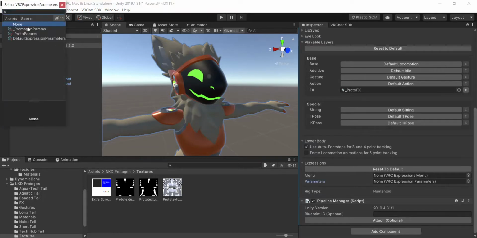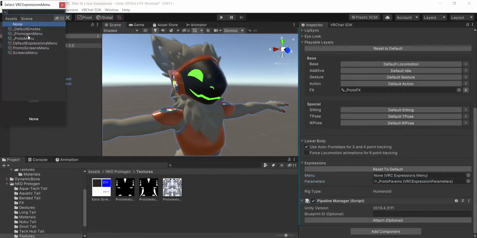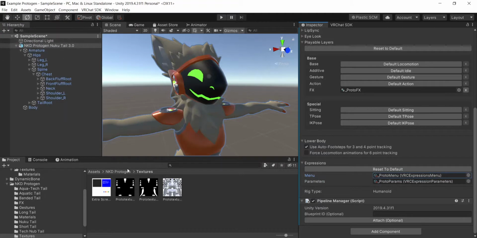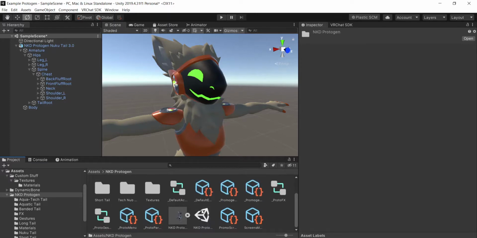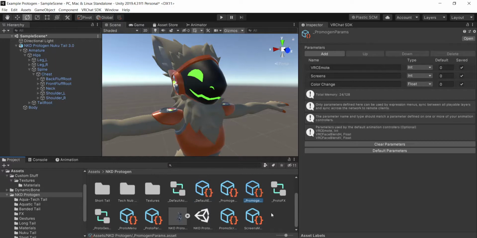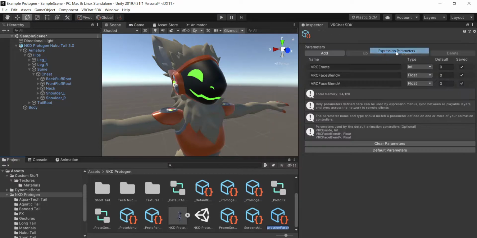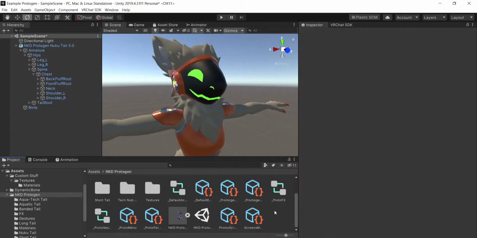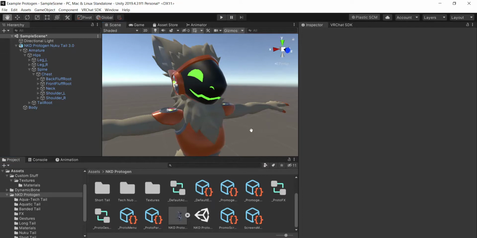We are going to set this to proto parameters and proto menu, which are located right here. These are menus and parameters, which you can go through here and find. We already have stuff here already, but